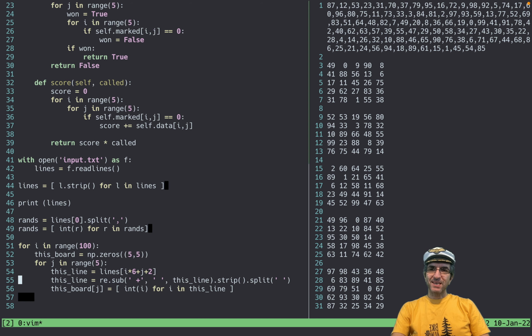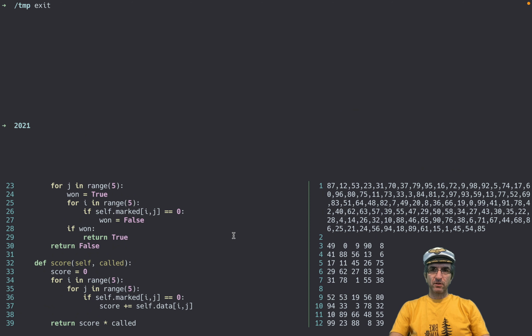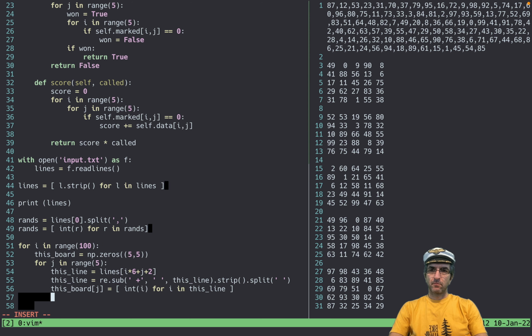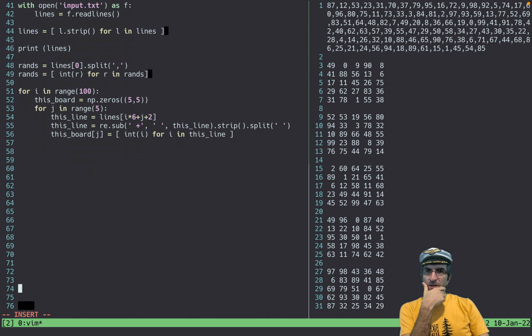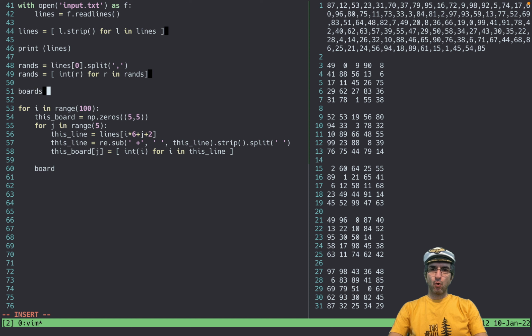So how to use them? Here I was creating the board, if you remember. Here I was creating the board, and here I had my board ready to be used. I can create a variable, an array of boards, and say boards append an object of the type board with the data this board.